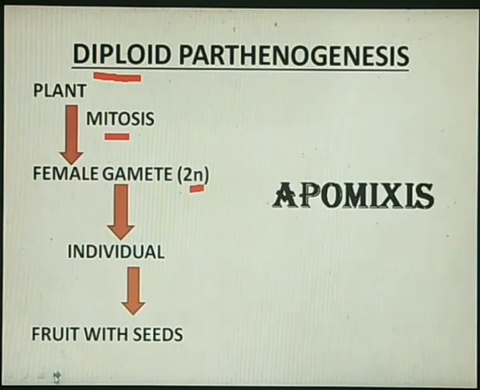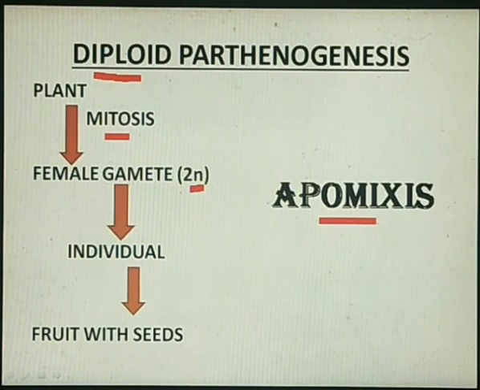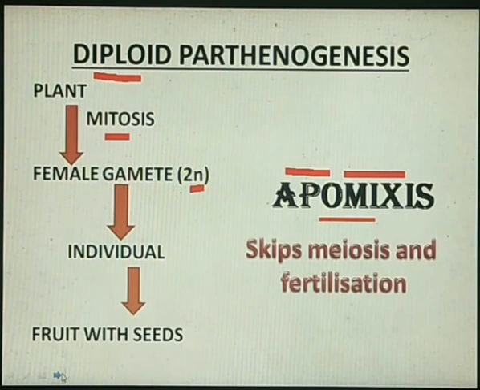So this type of production of plants is said to be apomixis, which is also called "without mixing". So that is what apomixis is. Here in apomixis they skip meiosis as well as fertilization. We can see there is no meiotic division, nor is there any fertilization, but it can still produce fruits